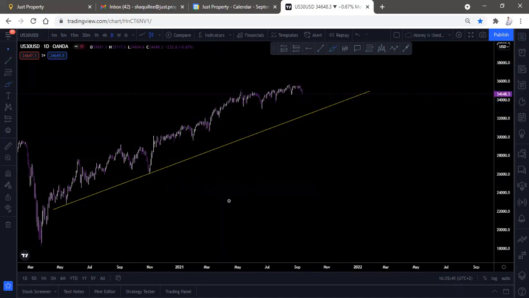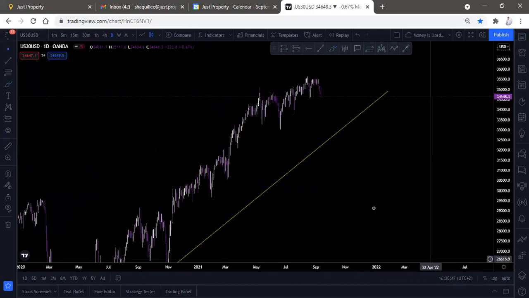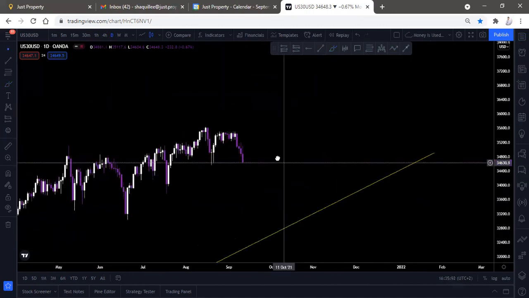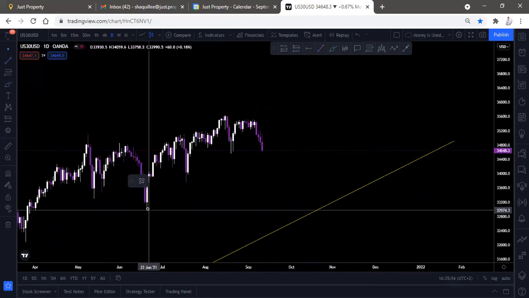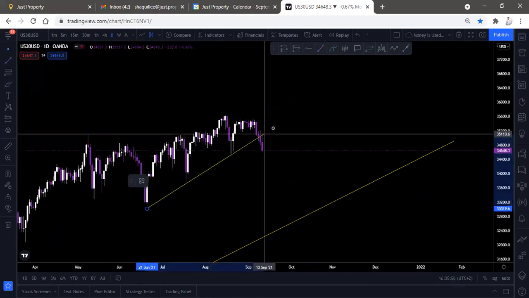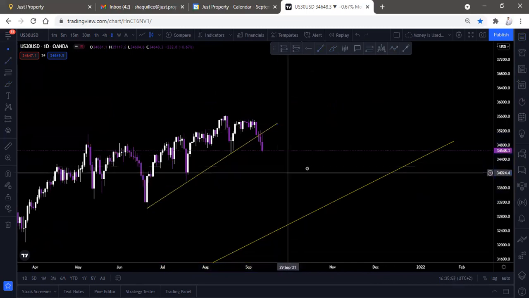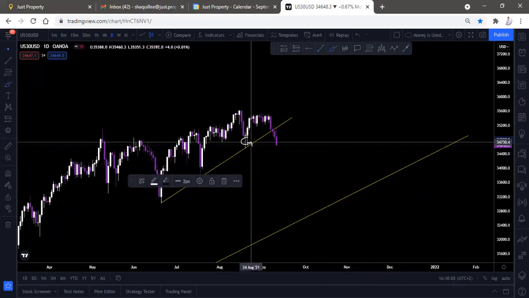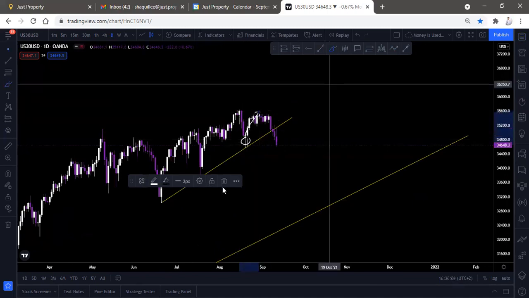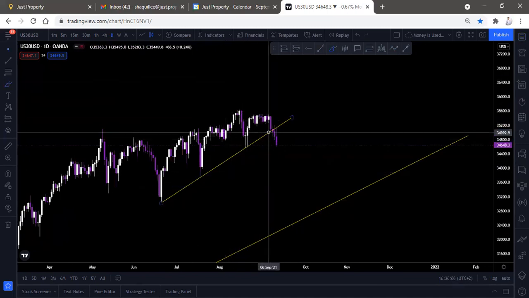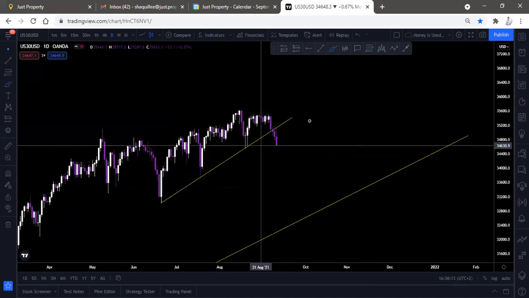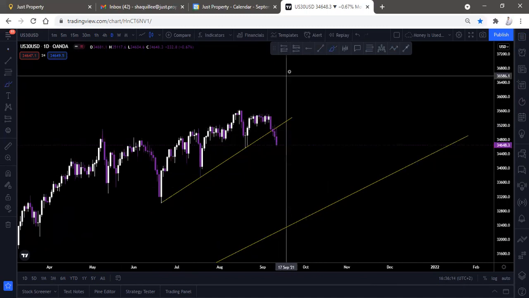But for me, I want to know what's happening currently with the market. Currently we can see we had these three touches, the first, second, and then a third touch. Two weeks ago we anticipated this third touch over here and actually bought here, so that was nice. But recently we can see it broke, so there's a lot of things that can happen at this moment.